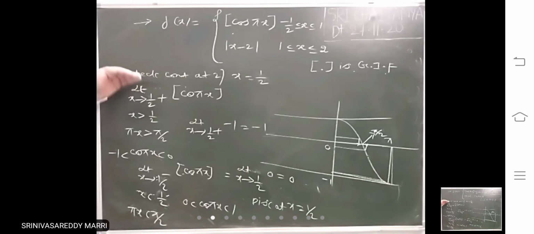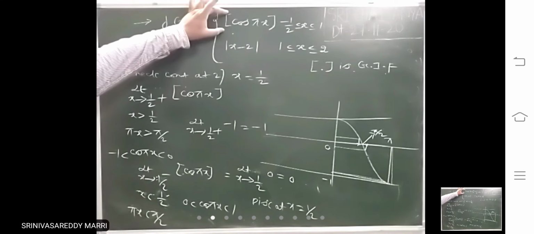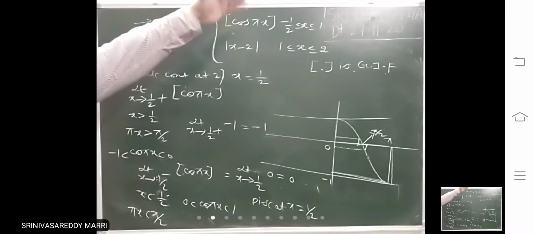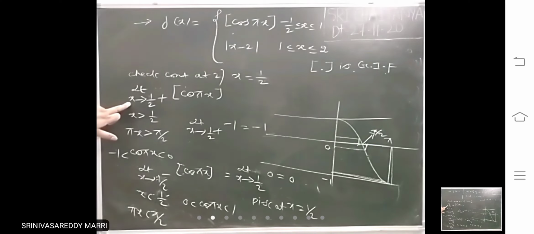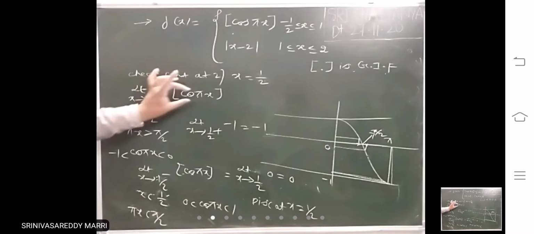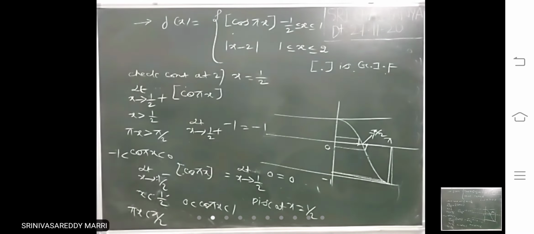Right limit, left limit. If both are not equal, no need to calculate f of 1 by 2. If both are equal, we will calculate f of 1 by 2 also. Both are not equal here. Look at the function, it looks typical: step of cos pi x modulus. Everything is there. At this point, it will become easy, because close to it, we'll check how the angle will be and the cos value will be. Look at next.